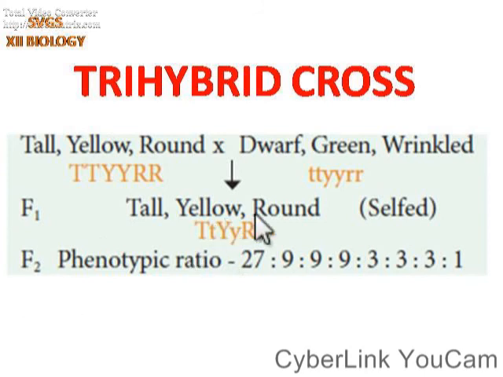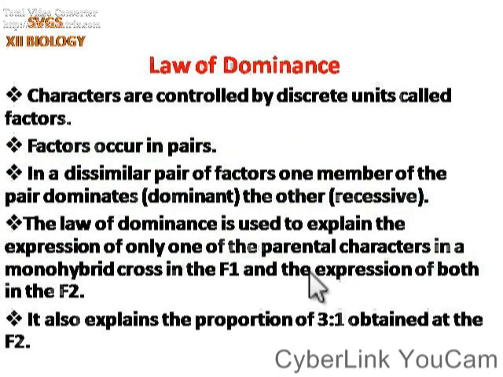So in the F1 generation we will get only the dominant characters expressed. So when this F1 is self crossed and the F2 generation is produced, in the F2 generation we will get these many types: 27 of one combination and one of another, and the others are the non-parental combinations we will get in the trihybrid cross. These were the three different experiments done by Mendel.